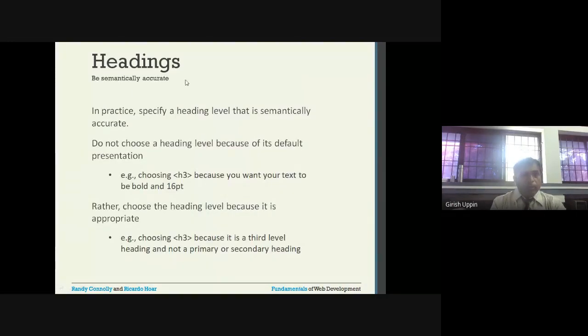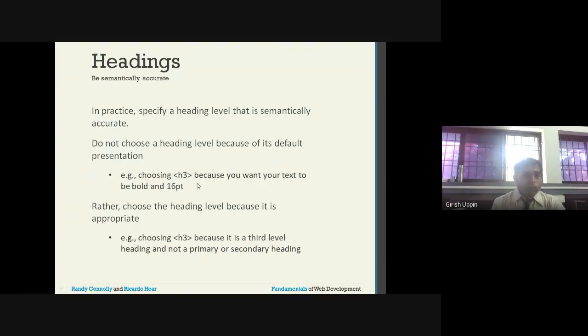In practice, for headings, specify the heading level that is semantically accurate. Do not choose a heading level because of the default presentation. The way it looks, don't choose it because of its looks. You take a particular heading H1, H2, H3 because it is a level 1, level 2, level 3 heading. So that is how it should be semantically accurate. Don't look for the presentation.